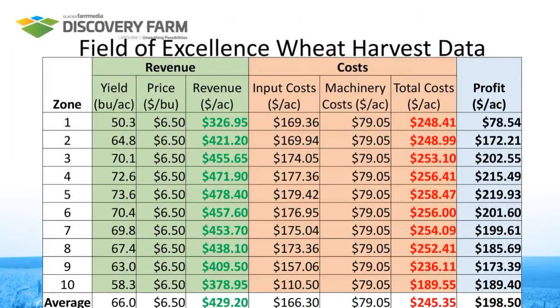So this is a similar slide for our wheat field. Again, we've just reported our yield and revenue according to the zones, and then understanding our costs, we determine our profit. And similarly in our wheat, again, our highest productivity and most profitable zone is zone 5. We were still able to maintain decent profitability in the fringe zones. However, I would suggest there's a different reason why we see a drop in profitability in, as an example, the zone 1 soils compared to the zone 8 or 9 soils. And I'll go into that here shortly.